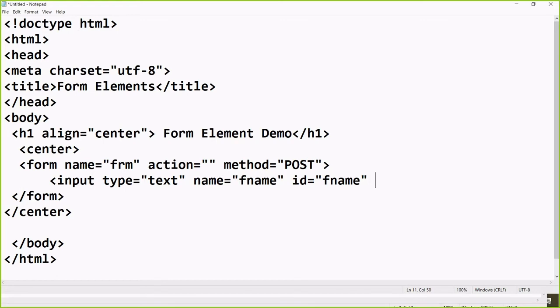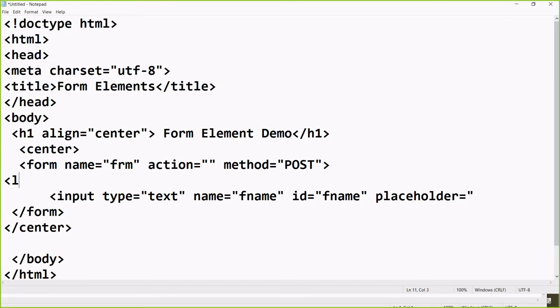Next thing is called placeholder. This placeholder is more popular in HTML5. Before that, whenever you took an input box, at the top of the input box we had to display what value you are taking in that input box, meaning first name, last name, middle name, address, whatever you want to take. So first we had to give the label. Just like this, you can use the label here, and then we have to write the name, the first name. This was the old design. Clear?